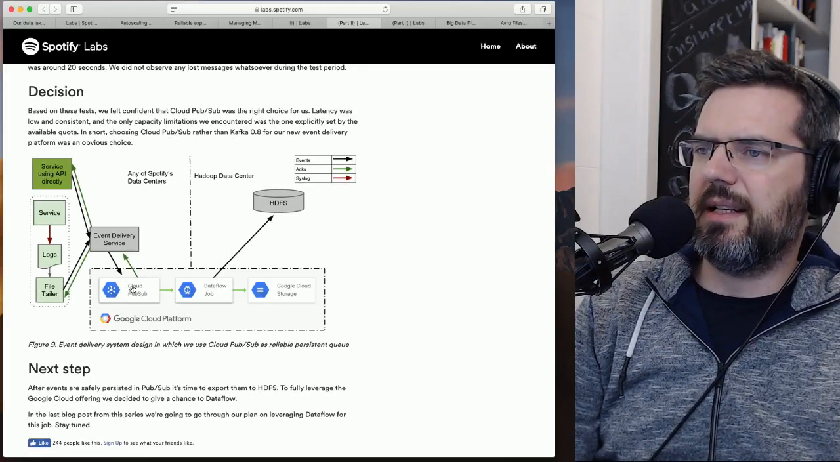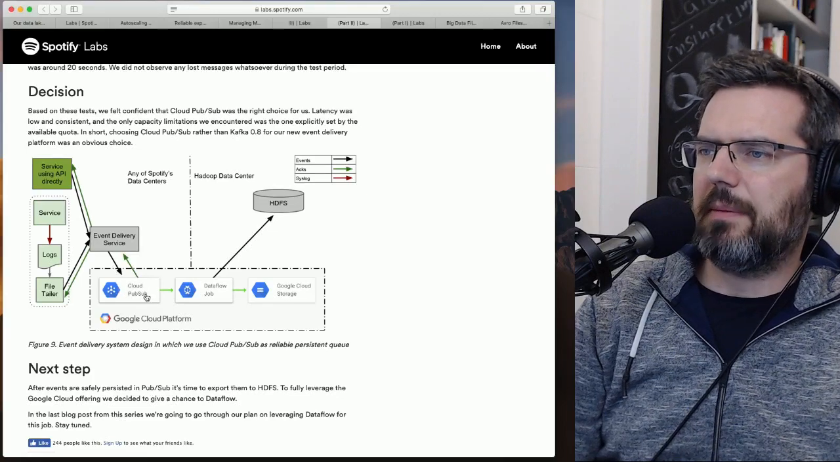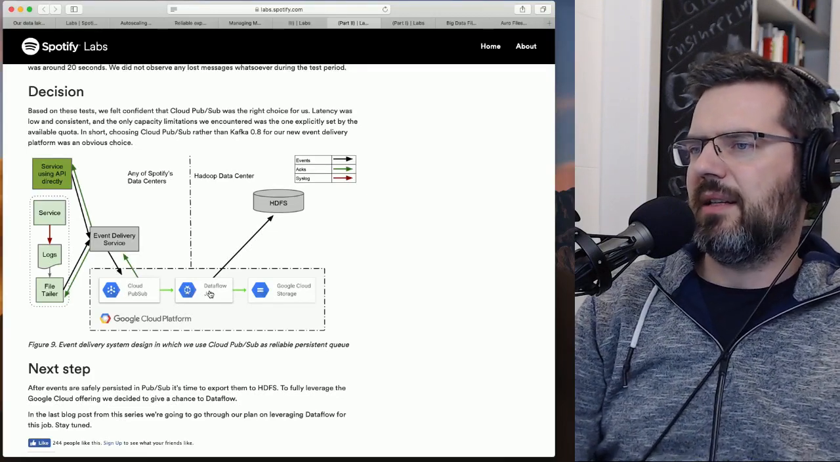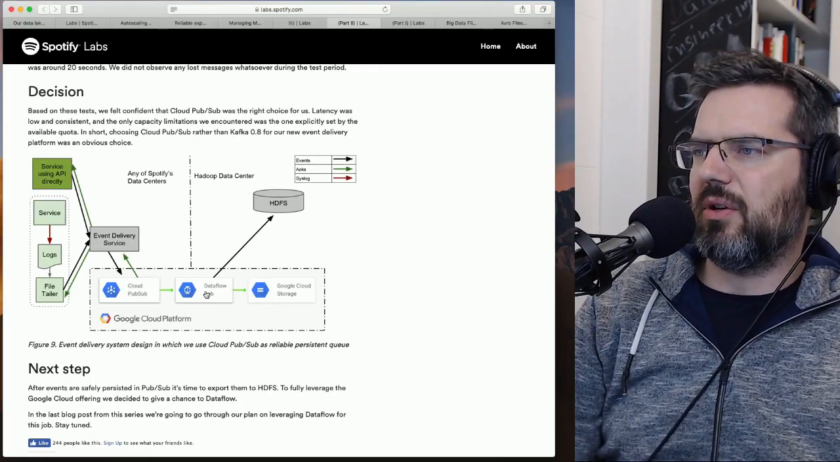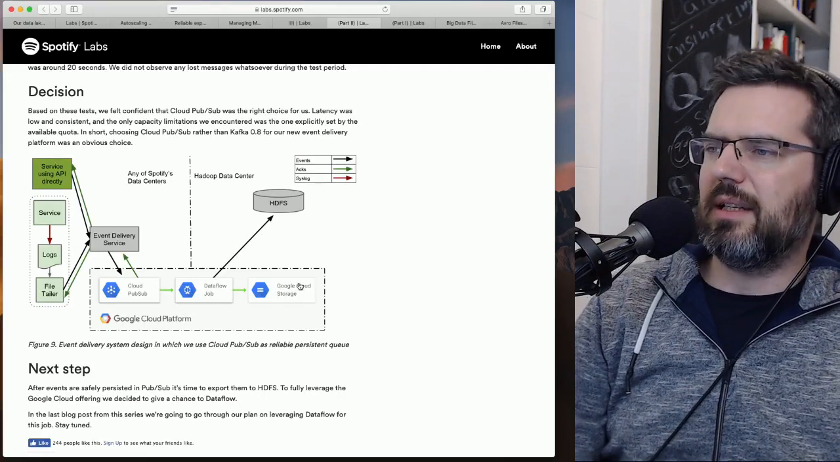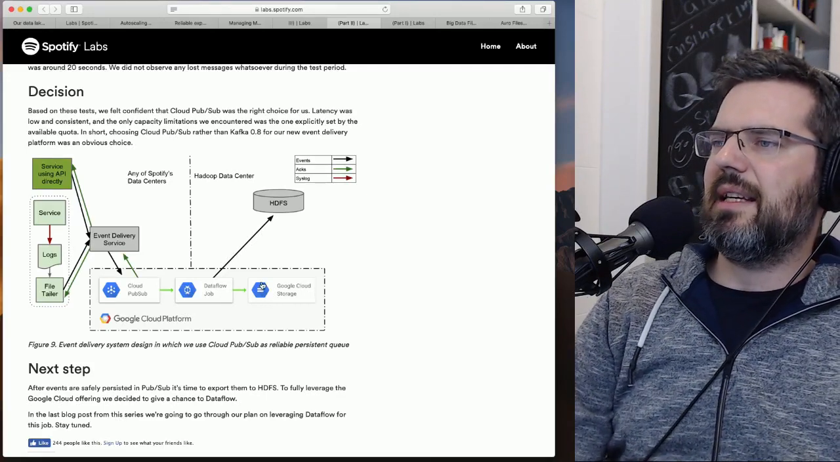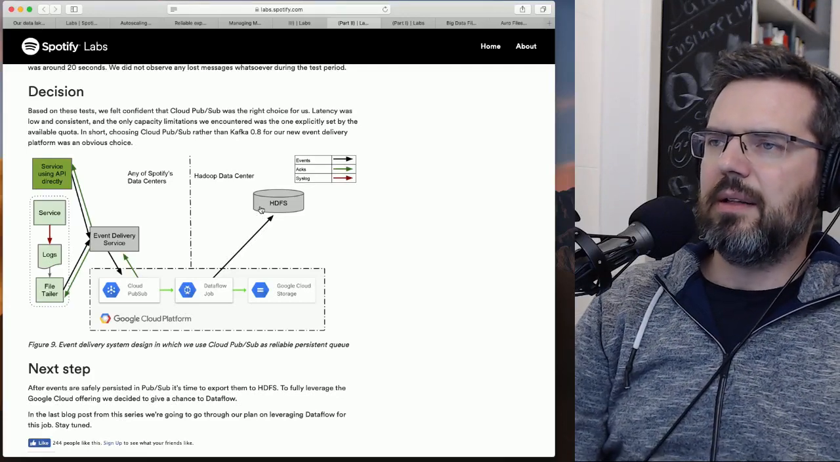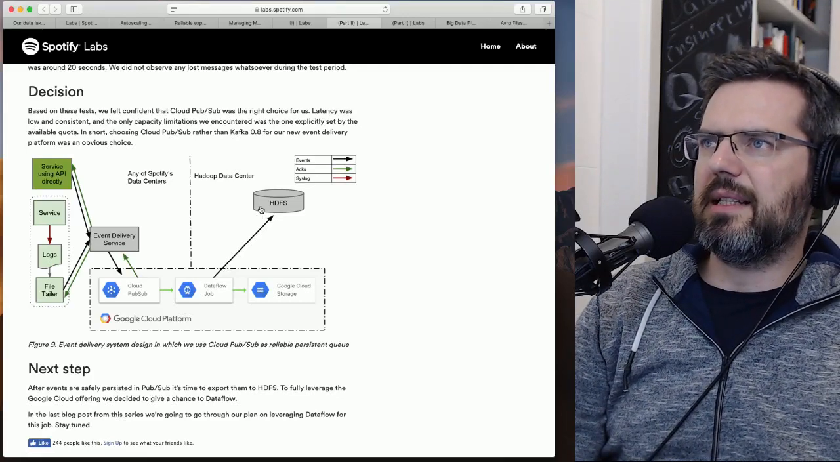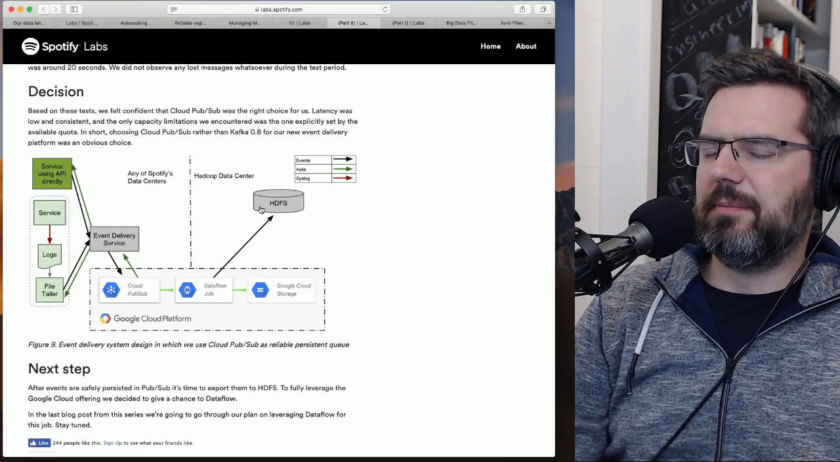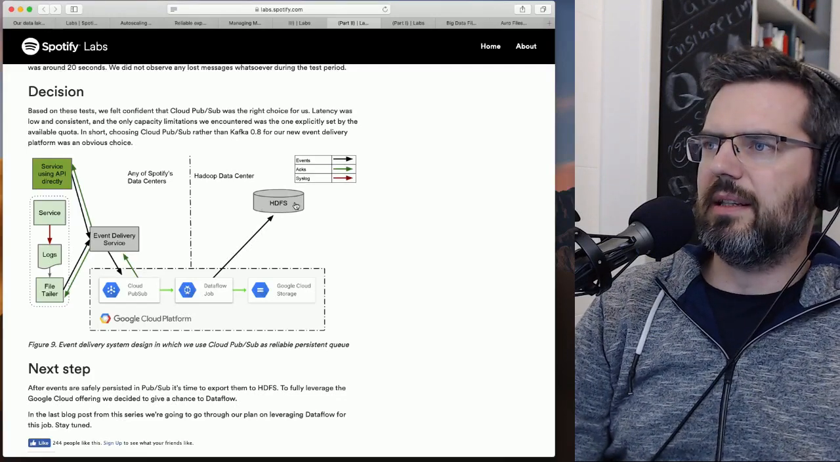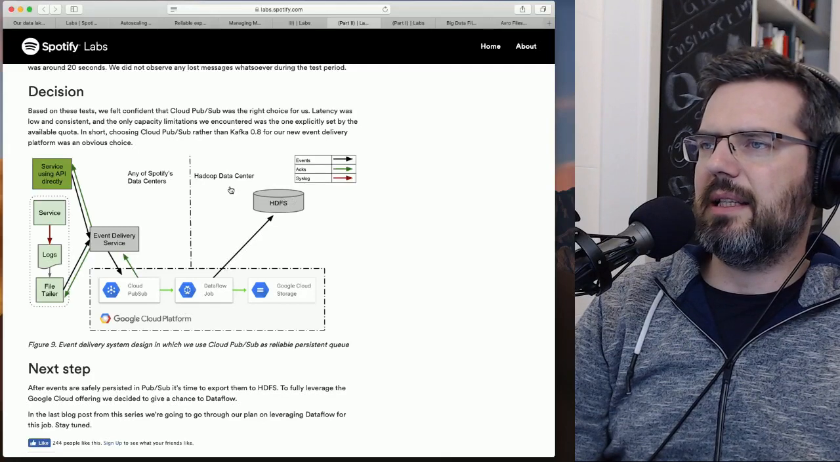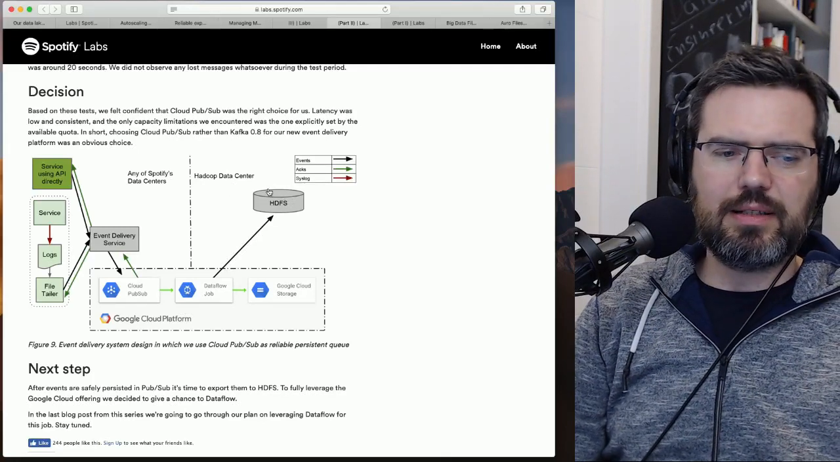This thing is then putting into a Cloud PubSub, and from there with a Dataflow job, they're putting it into the Google Cloud Storage, and they are then putting it back into HDFS, which I'm guessing is what they're doing. They're doing it this way. So they are keeping the Hadoop data center because they already have